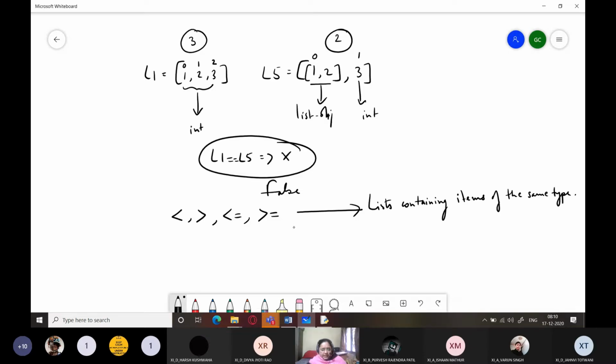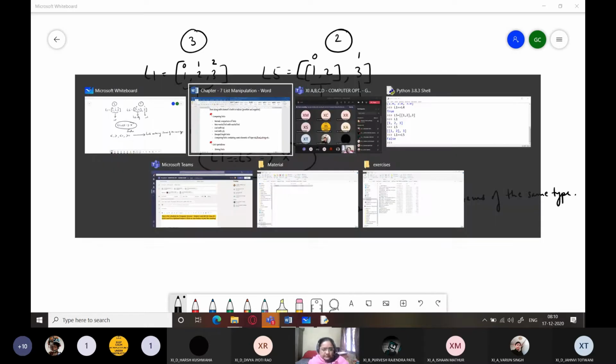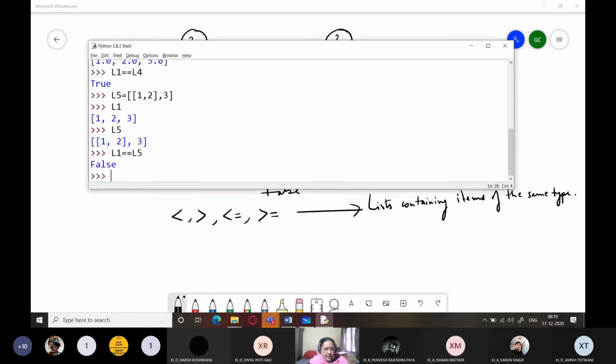So this is one precondition. It is only possible when both lists contain the same type of elements. Okay, if you try to compare, like here I have L2, which is 1, 2, 3, and L3, which is 1, 2, 3 in the form of character constants. If I write L2 equals L3, it will give me false. Why? Because we have used an equality operator here.